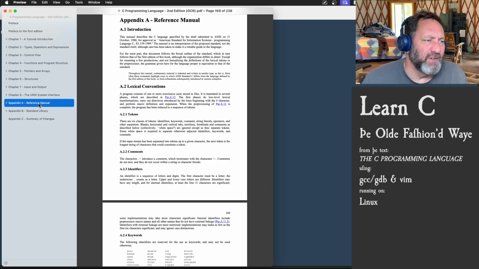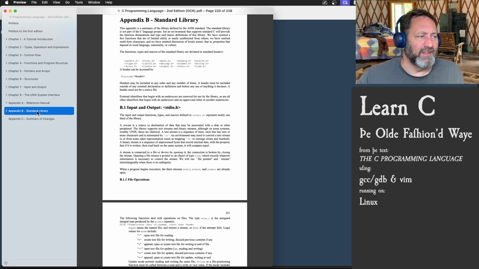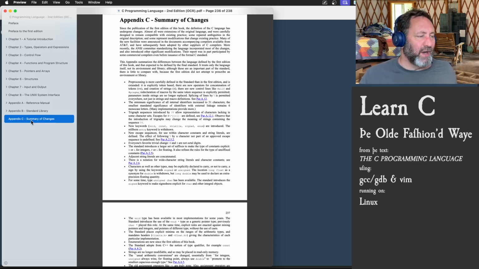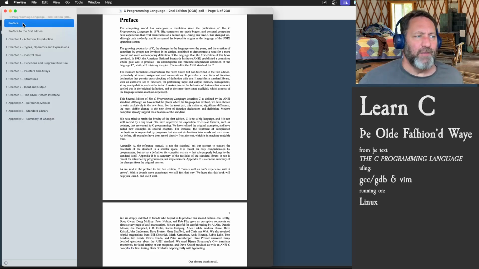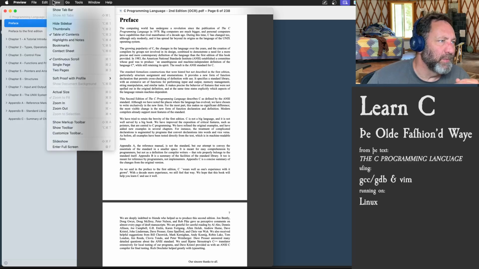They stress in the preface that this is not a full description of ANSI C, but it's a summary for programmers. Talk about the standard library and the differences, right? So this second edition came out after ANSI C was standardized. With the first edition, there was no standard. And so it talks about differences. So let's jump into this. I've already read the first preface, but now let's